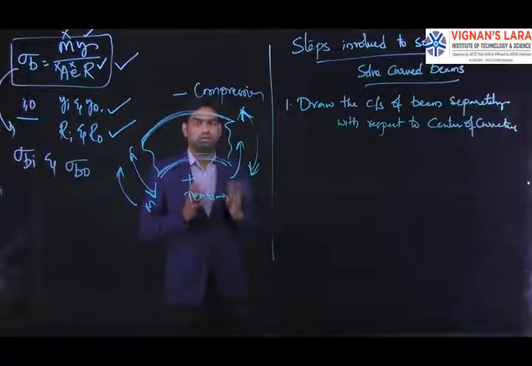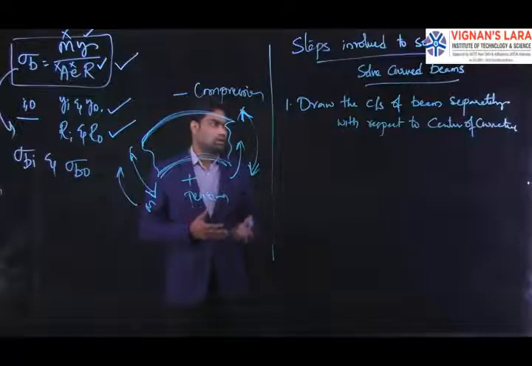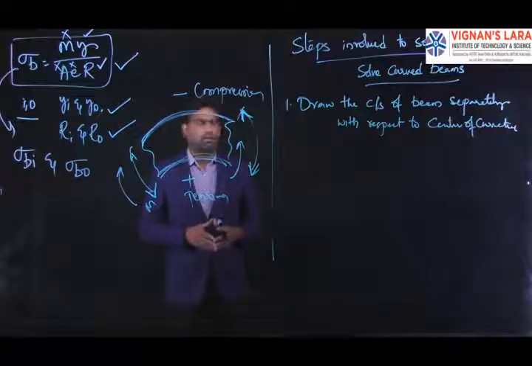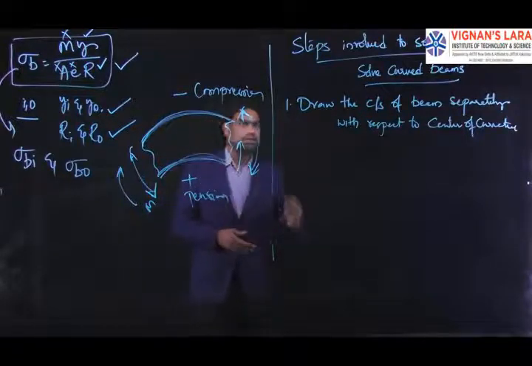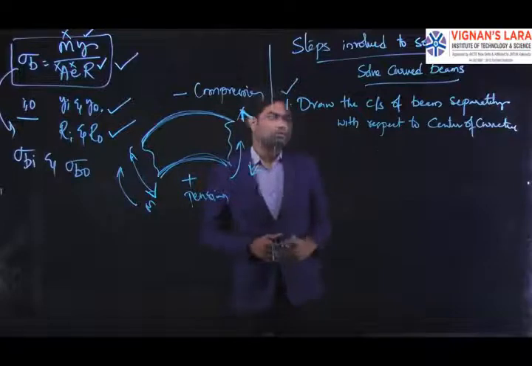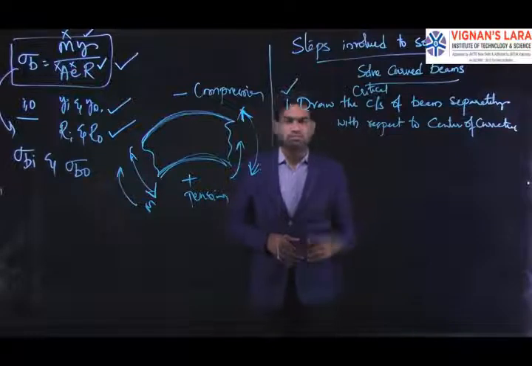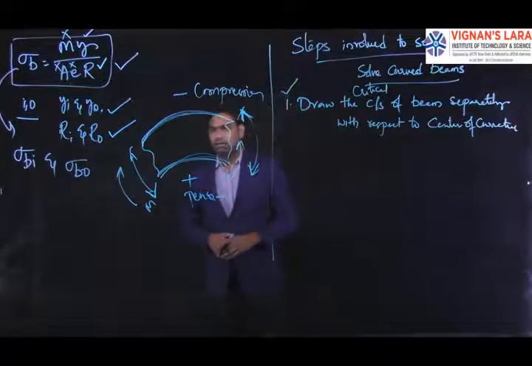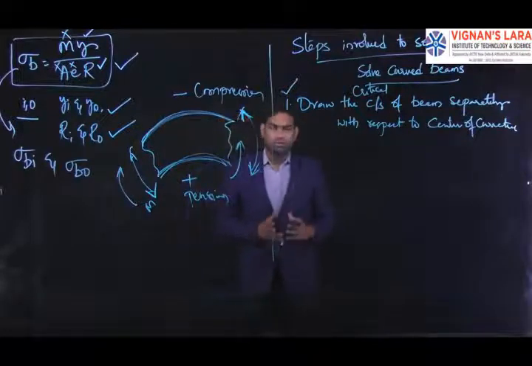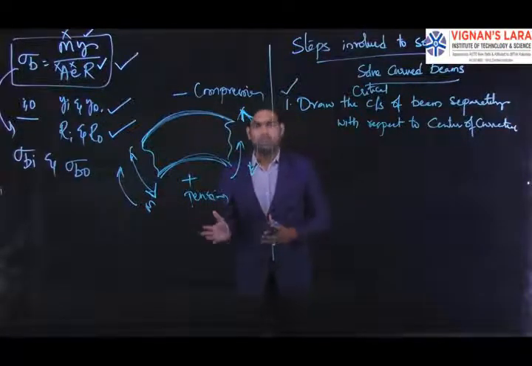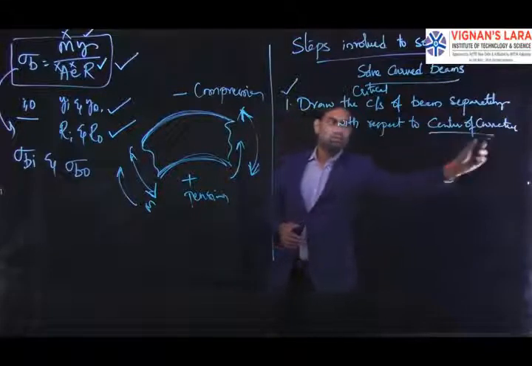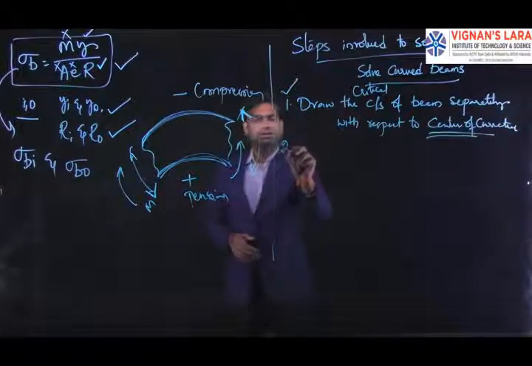Whatever the problem specified or given, either it is a frame of a hydraulic press, or some other machine frame, or a crane hook, whatever the problem may be, we need to draw a separate cross section, and it is the critical cross section, where we may get the maximum bending moment, so that we may obtain the maximum stresses. So we need to draw the critical cross section of the curved beam individually with respect to the center of curvature, and in the very next step we need to indicate